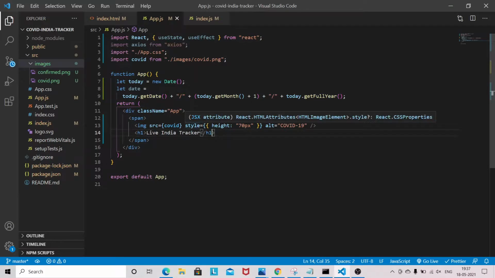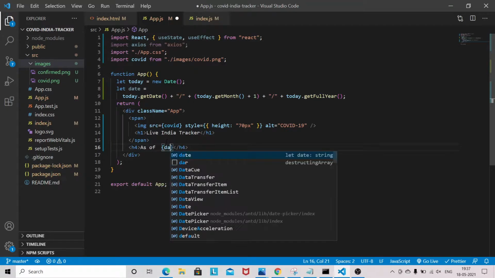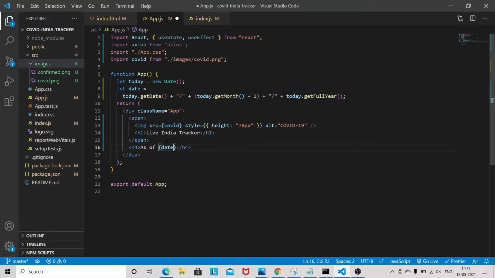Let's see. Live India Tracker, and we need one h4 tag here as of. So let's see.